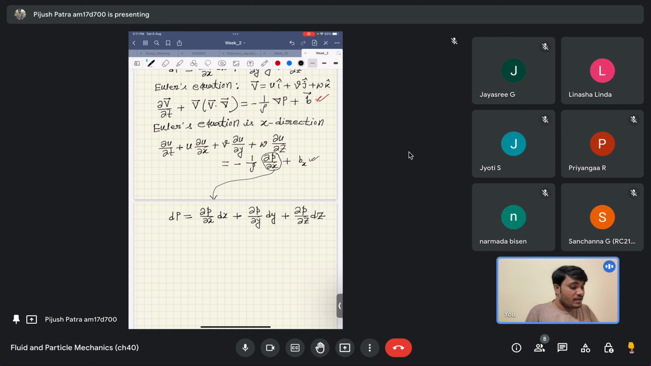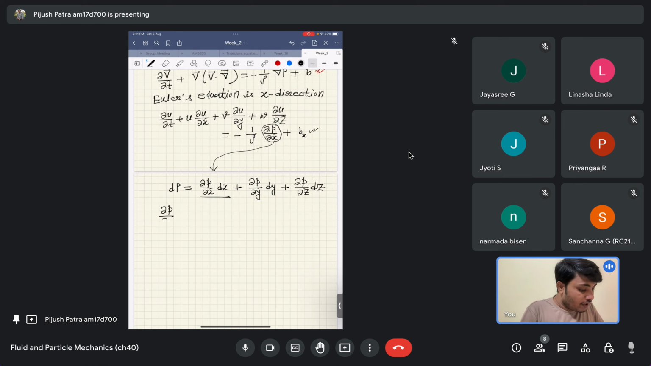So in the y direction again another term will come which will be the ∂p/∂y, and in the z direction it will be the ∂p/∂z, right? So if I substitute it, let's substitute for this term alone. Okay, so